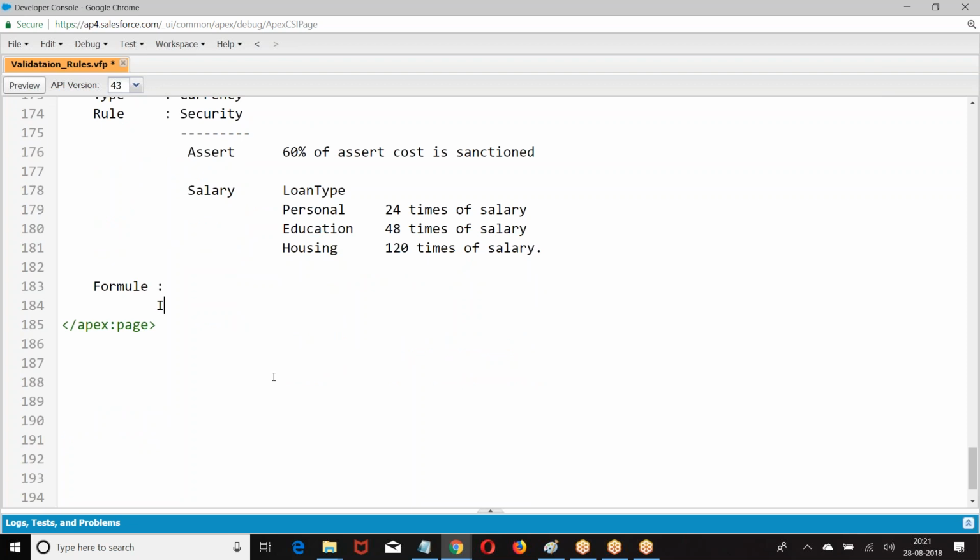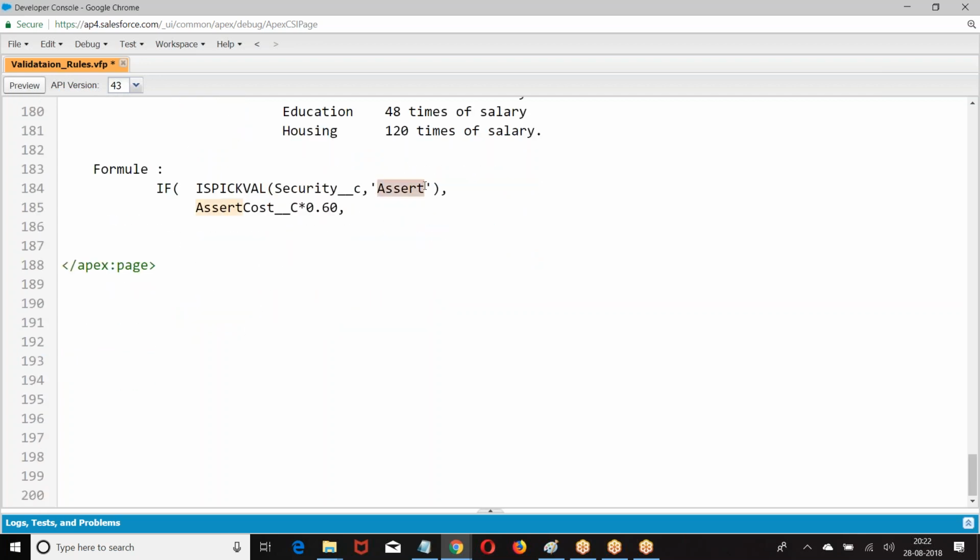What is the condition you create? If security is asset, then asset cost into, if the security what we selected is asset, 60% of asset cost.